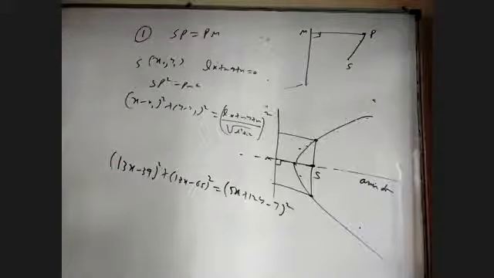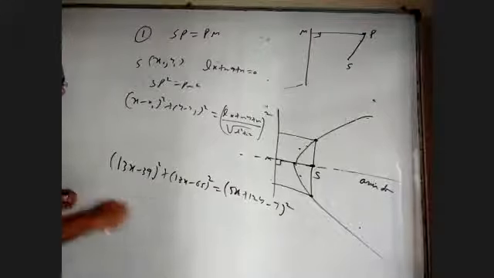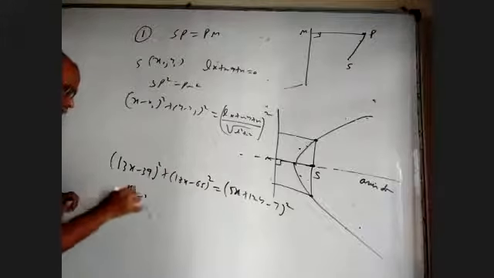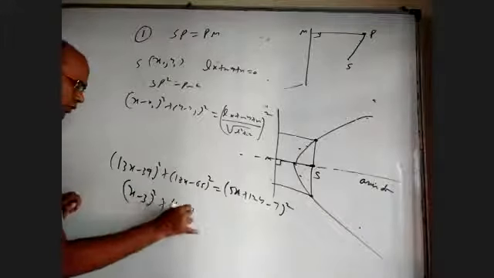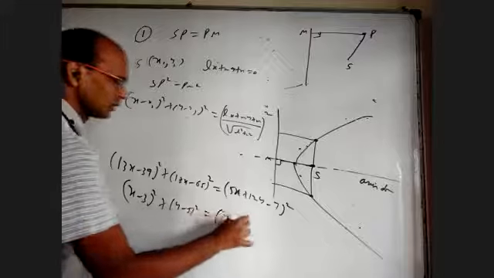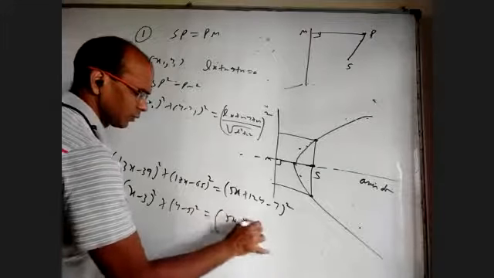Sir, focus is (3, 5). And the directrix? 5x plus 12y minus 7. Yeah. Simply take 13 common, send it there. We'll get (x minus 3) whole square plus (y minus 5) whole square equal to (5x plus 12y minus 7)